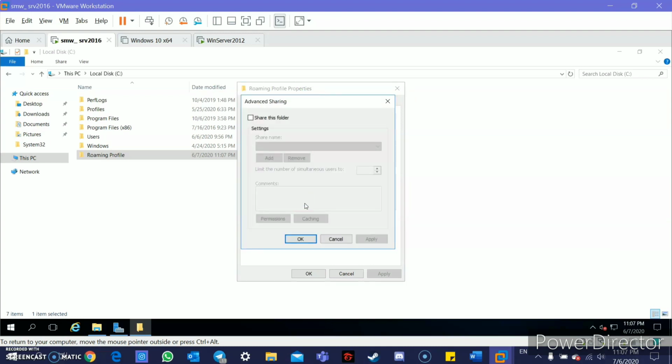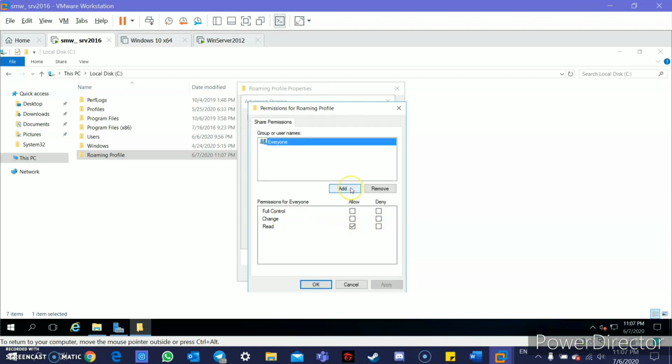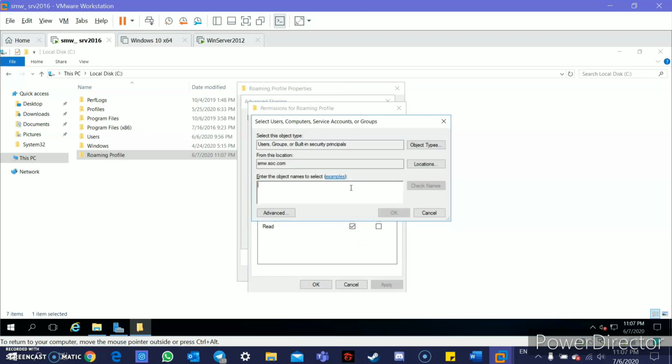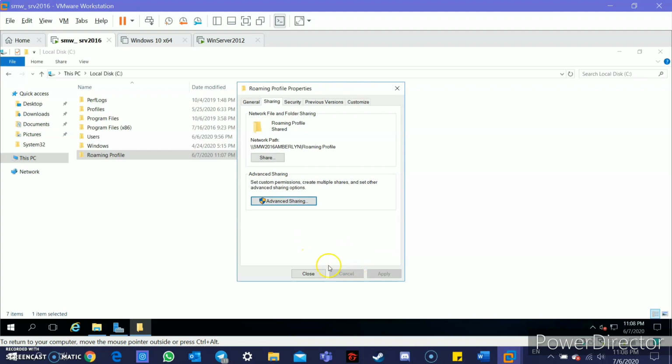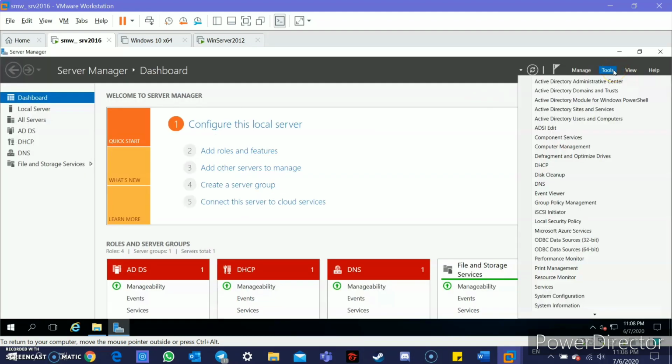In Advanced Sharing, check the box Share this folder. Click on Permissions and click Add. Authenticated users. And click on Check Names. Click OK. We're going to give authenticated users the share permission of full control. And click OK. In Active Directory Users and Computers,